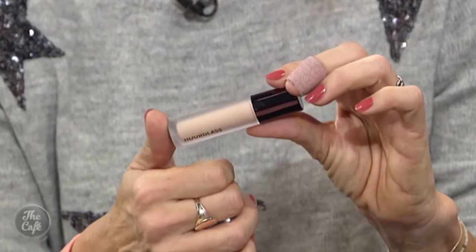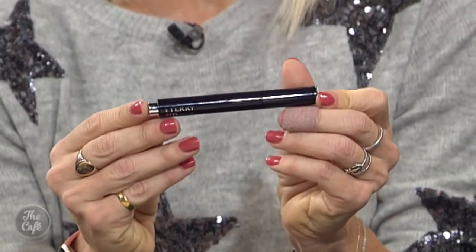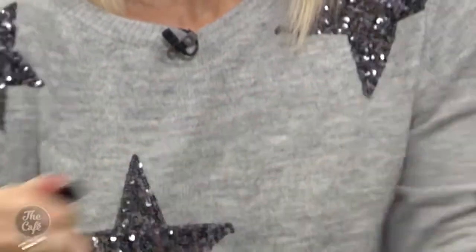And what about this one here? So this is new too. This is from Hourglass, which is a beautiful brand available at Mecca. And this is called a veil, a concealer veil, and it actually works like a serum with a bit of colour under it for the eye area. Sounds so exciting. And then the last one is by Terry, also a very luxe brand from Mecca, and it's called